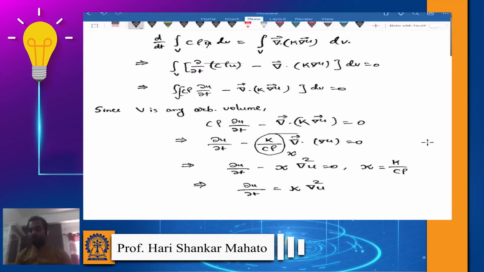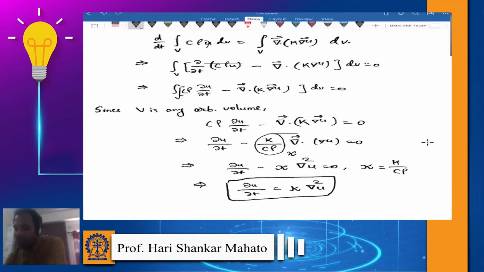in the given flow. Or even in your heat conduction problem, this is just a normal temperature distribution in a solid. But it may happen that you have some kind of source or sink present in the solid, because of which the temperature distribution will get affected. Then this equation will transform a little bit. So this is the required equation for the heat conduction problem. But in case of sources or sinks,